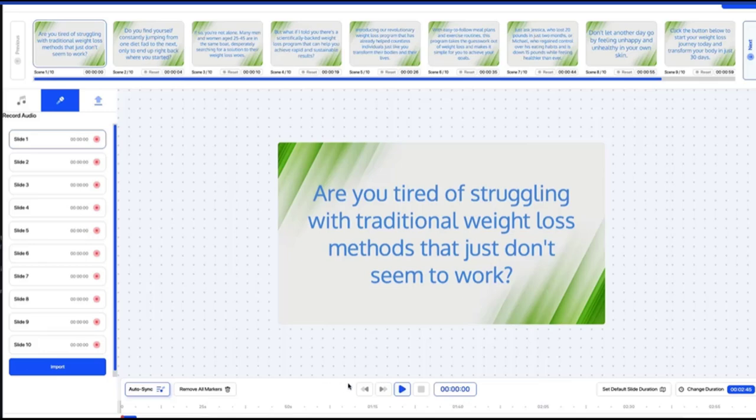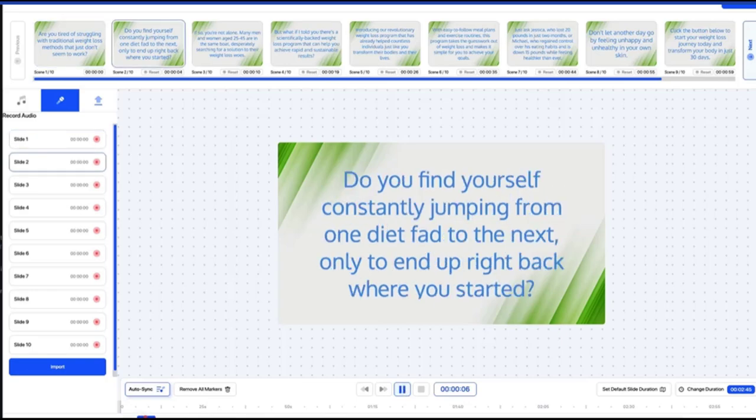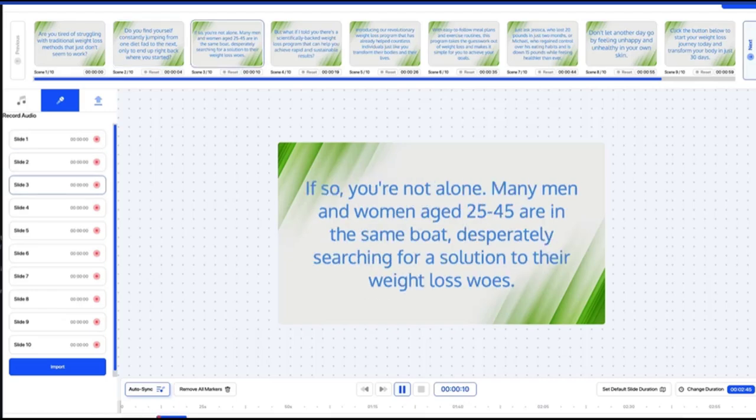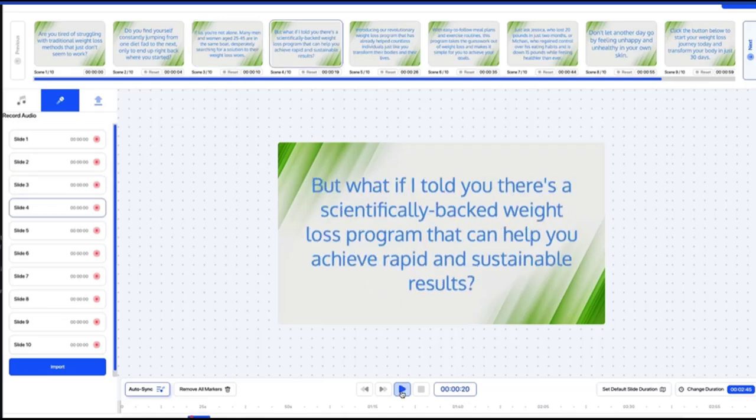So now, as you can see, when I click on play, are you tired of struggling with traditional weight loss methods that just don't seem to work? Do you find yourself constantly jumping from one diet fad to the next, only to end up right back where you started? If so, you're not alone. Many men and women aged 25 to 45 are in the same boat, desperately searching for a solution to their weight loss woes. But what if